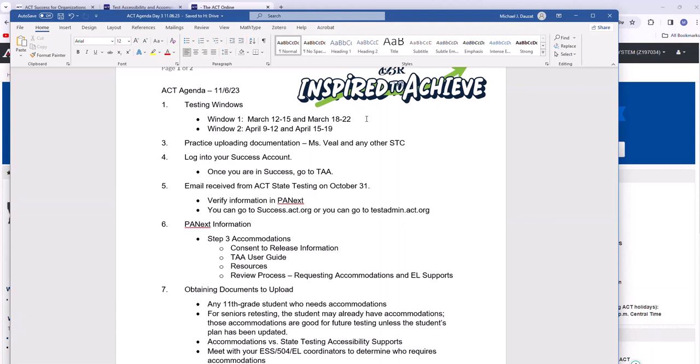Ms. McFadder, are you on? Yes, that's clear. All right, Ms. McFadder, I'm going to call on each of you because I know what some of you do. Can you repeat what I just said for the rest of us? That you checked with the state and we can test on the Monday and Friday of the testing window. Thank you, Ms. McFadder. Appreciate it. And that should be number 2 here.